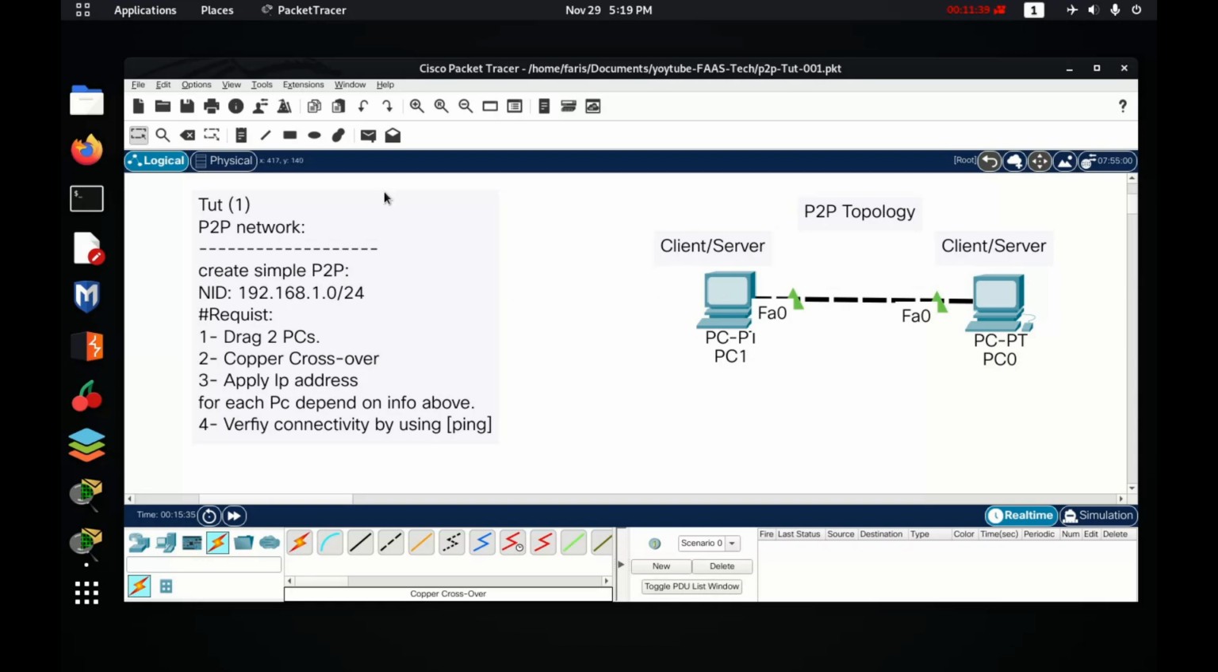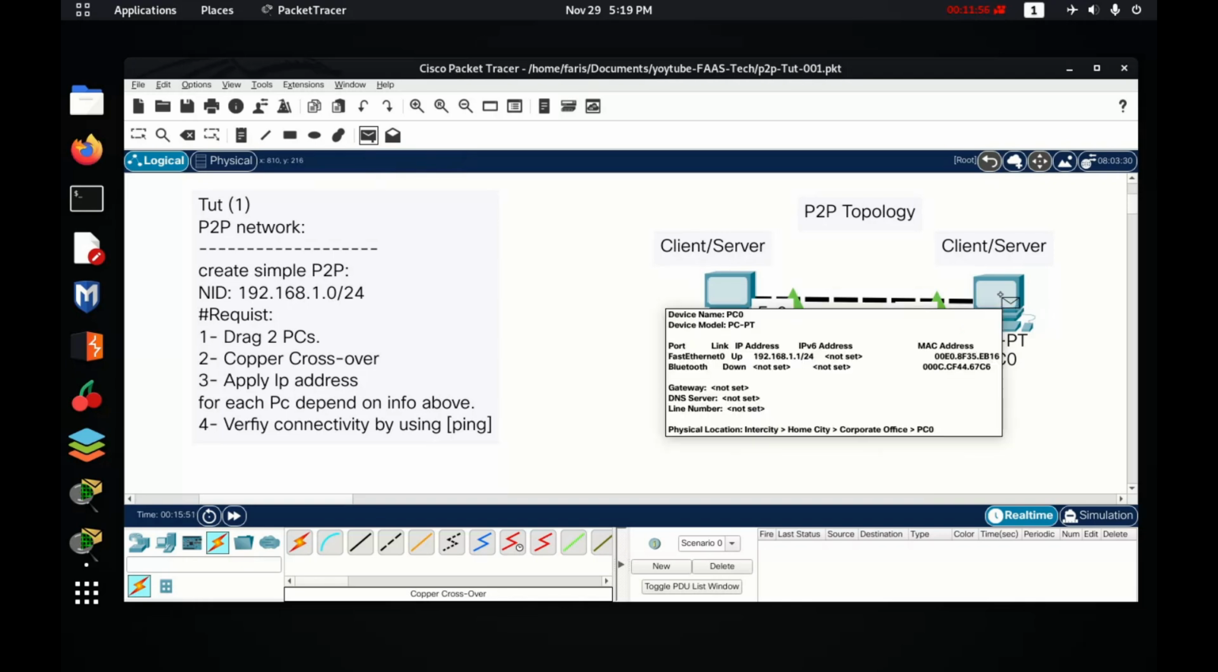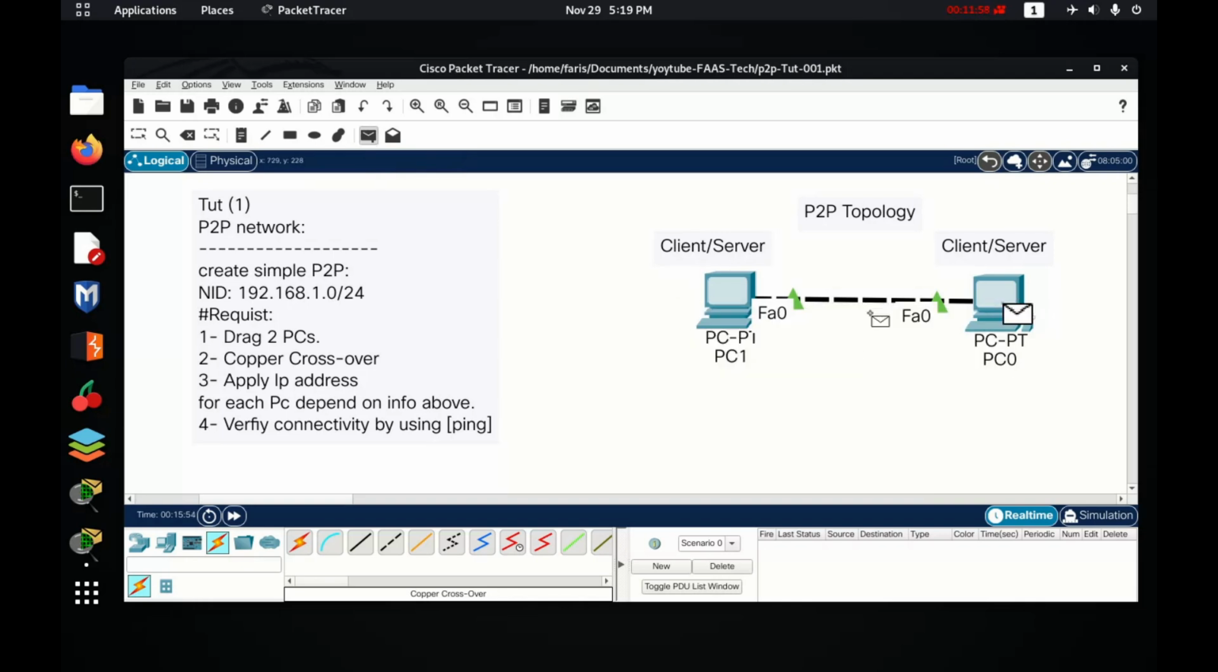Move with your mouse to these tools, as you can see here in this desktop or in this ribbon part, like a message. Add simple PDU. Okay, click on it and move with the mouse from PC0. We need to send a message or a packet to PC1 and see what is happening. Great, the connectivity is done correctly. Where? Move to the bottom of the